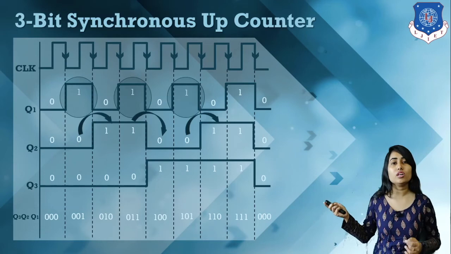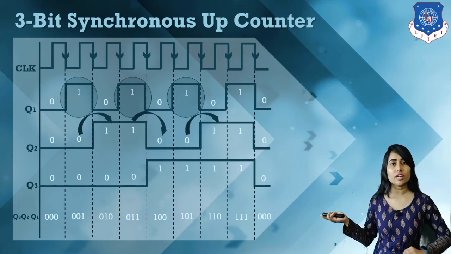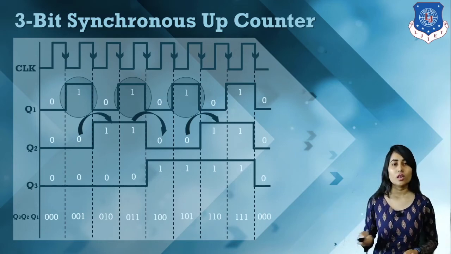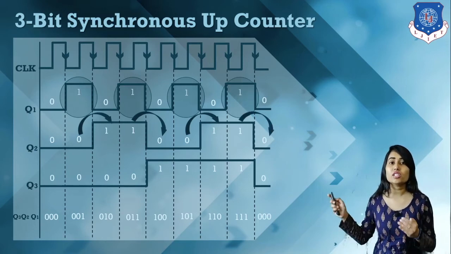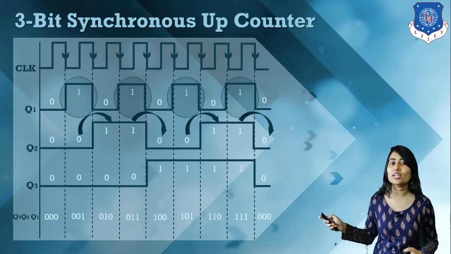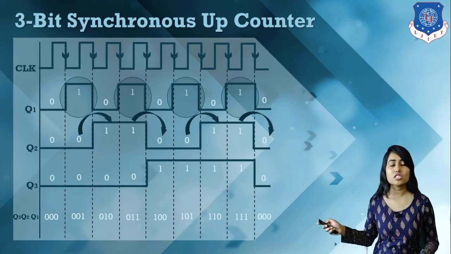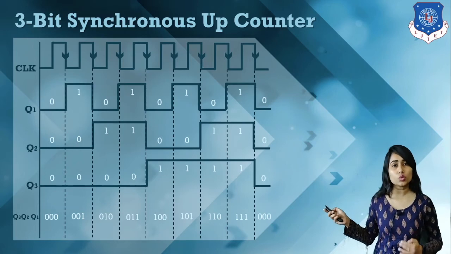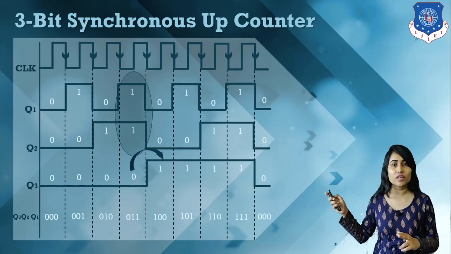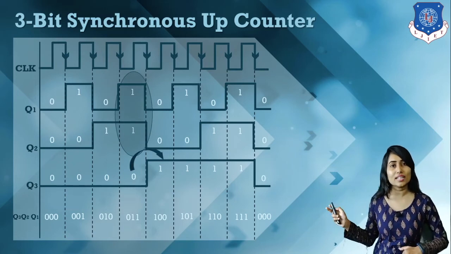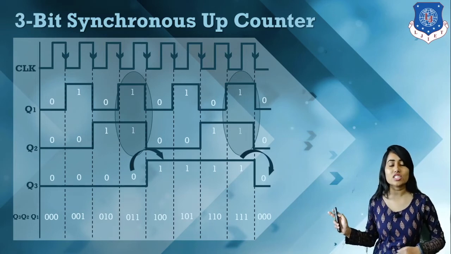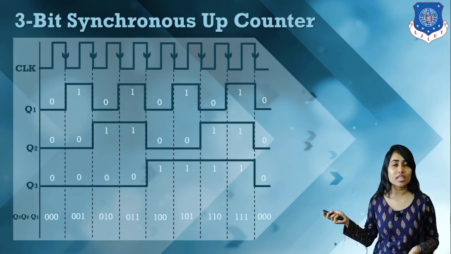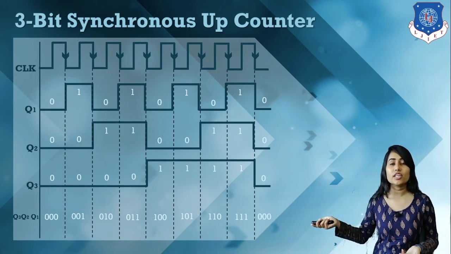Also here we have this 1, so our output will toggle for Q2. Here also our output will toggle. So this is for Q2. Whenever Q1 is equal to 1, we have toggle conditions because we apply input like this. And for Q3, whenever Q1 and Q2 are both equal to 1, we have toggle conditions. Here also both are 1, so here also we have toggle conditions, and using this we can design Q3.